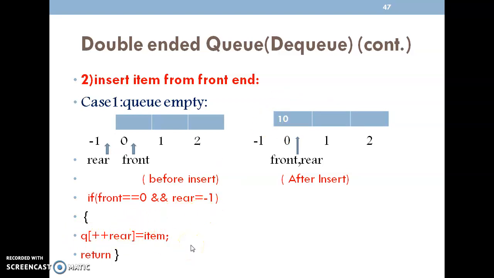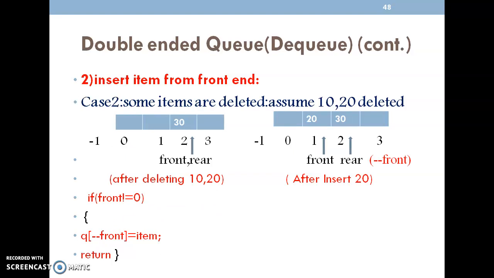Then the second case: some items are deleted from the queue. Earlier the queue contained 10, 20, 30. But by using the delete operation, we have deleted 2 elements from the queue, by deleting elements from the front end. Now I want to insert an item from the front end.